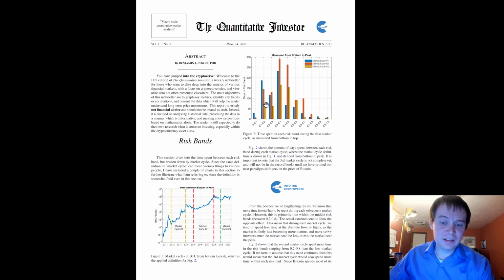So this trend could stay like it is, and we don't actually have to go back to this risk level. In terms of looking at the macro trend, seeing the number of days decrease in this risk band, we don't actually have to go back. Of course, I could have visualized this as, say, percentage of time in each risk band, and maybe I can do that next week. But the focus this week is just to look at days in the risk band, because now we're going through the third market cycle, and we want an idea of how many days we are going to be in each risk band. So between 0 and 0.2, we don't have to go back to that level. Obviously, it's possible we do. I mean, we could always push this number up by a couple months and still stay within this trend,